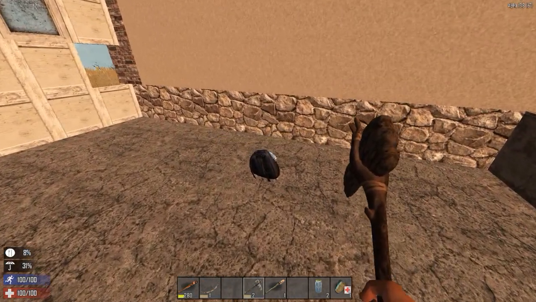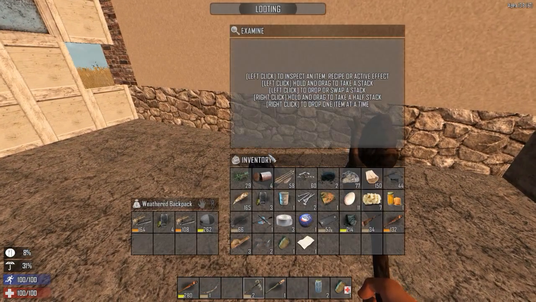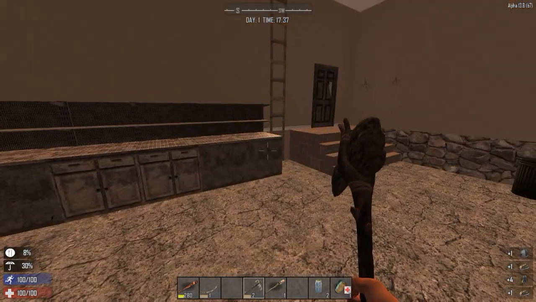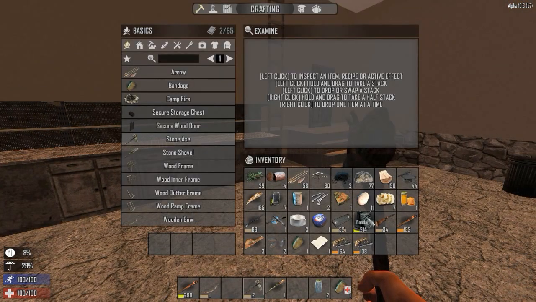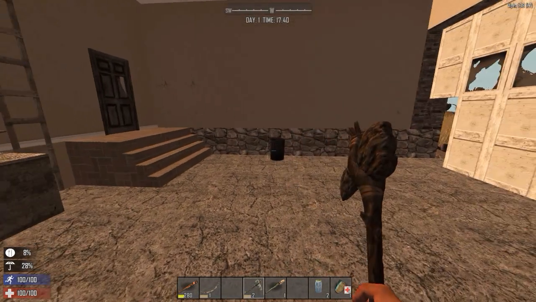I happen to know this particular house very well. It's been in the game since forever. That's a good find right there. I'm going to wear that to keep myself warm. I don't put on the bandana because the bandana actually cools you down, so...